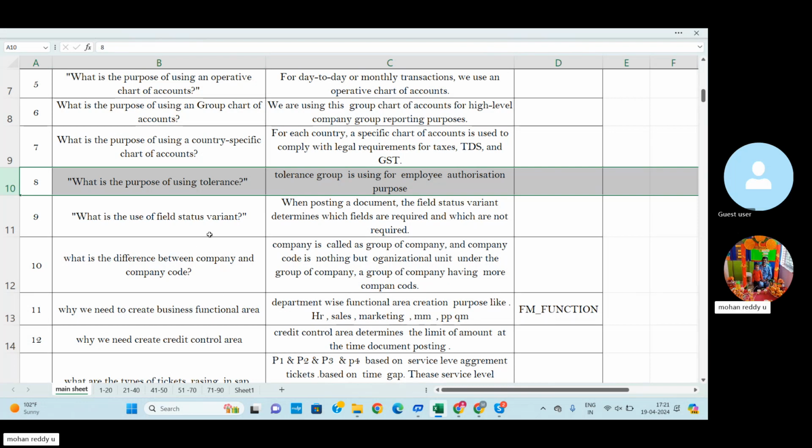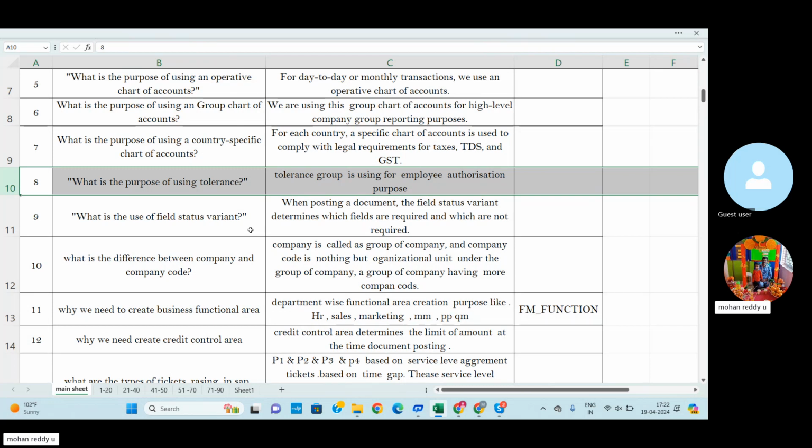Then what is the use of field status variant? When posting a document, the field status variant determines which field is required and which field is not required. So first of all, we need to know what the field status is. The field status variant is nothing but an option.